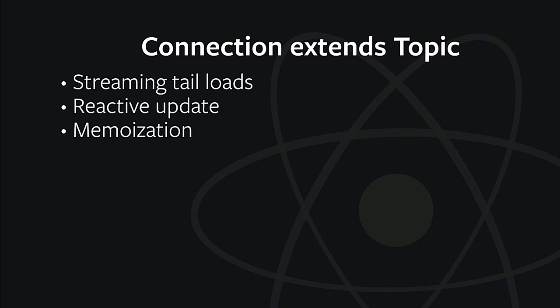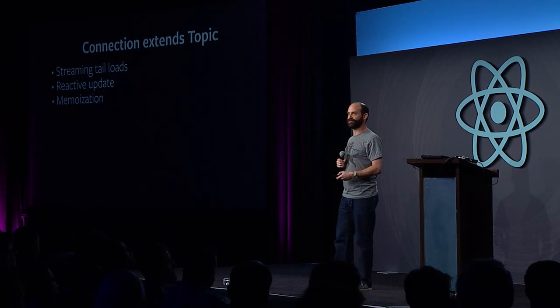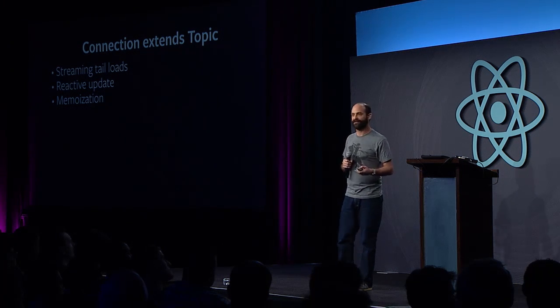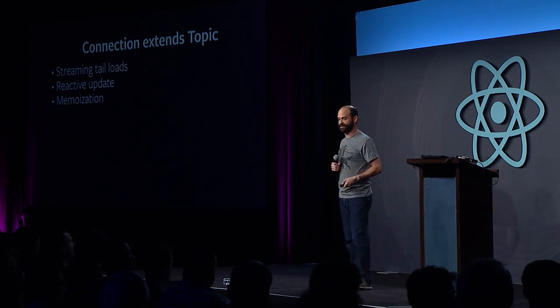That's pretty simple. Connections are the hard part. If you think about React, this is like children getting rendered in a React tree. And we want some more fancy features here, like streaming tail load. So I want this ability to, as I scroll up, load more and not load it all right when I start. I want reactive update, so if I add something at the end of the stream, that should appear there too. And then I also need memoization still, because a lot of times a connection represents a set and not an ordered list. So let's say we have a chat window,